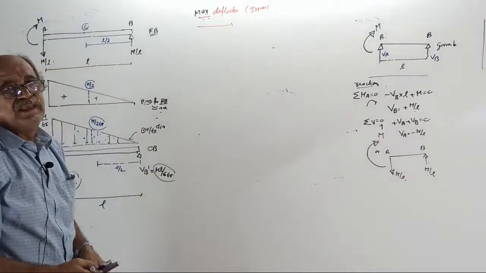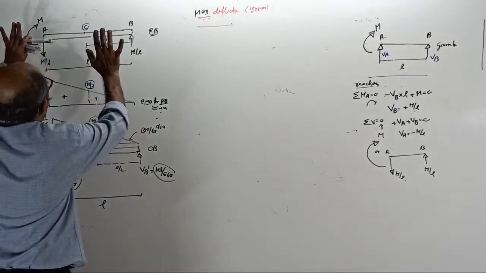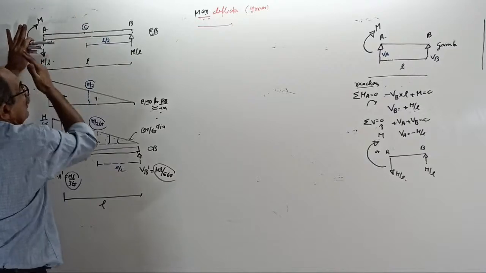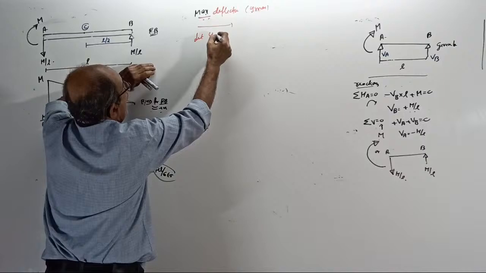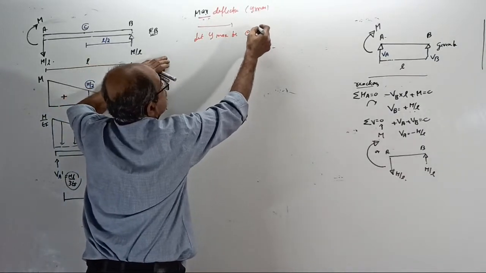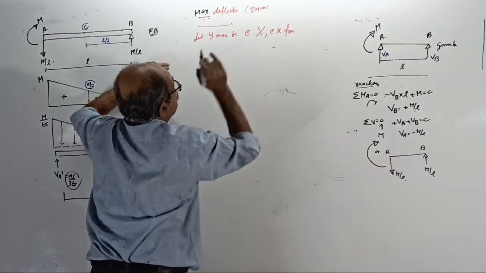If symmetry is there, Y max will be at center. No, Y max will not be at center. It will be somewhere on this side, at an unknown point. So let Y max be at a point X, at X from, now important,